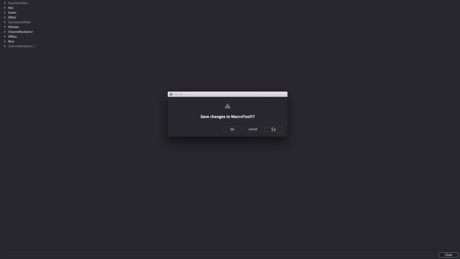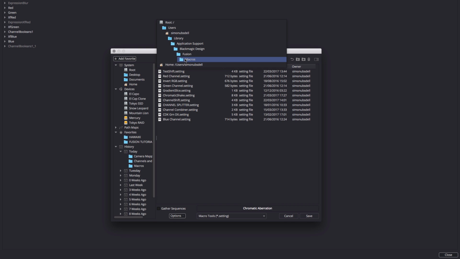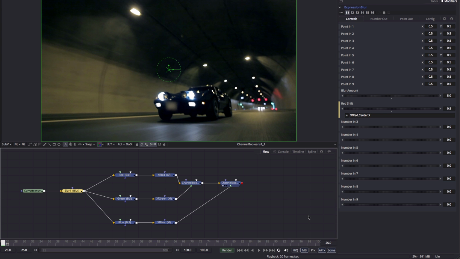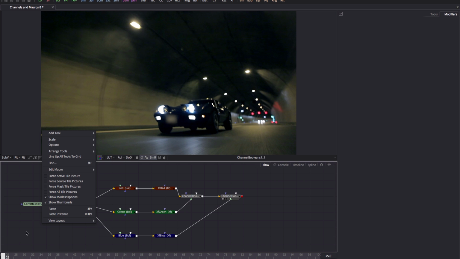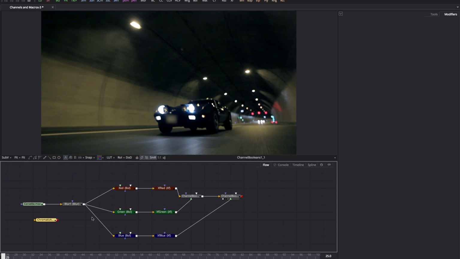So let's close that all down, and let's rename this Chromatic Aberration, and let's close it. And it says Save Changes to Macro Tool, yes. It's going to navigate to our macros folder and allow us to use this Chromatic Aberration name to save it. So the default path for macros is there, so it's within application support in your user. Okay, and hit save. So if we right click, add tool, macros, we can find our Chromatic Aberration there, and